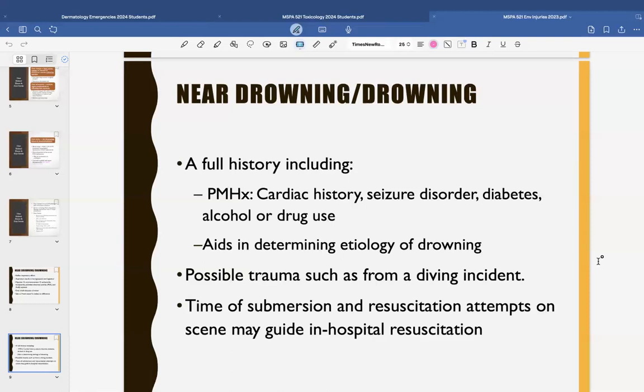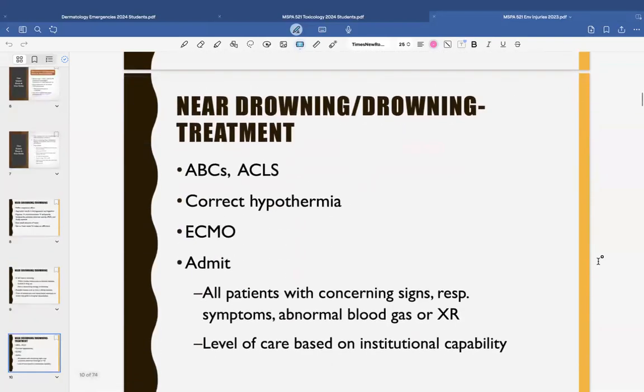So who gets admitted? This is a kid who coughed up a little water when he was dunked by his sibling. Is that going to need to be admitted? You want to know, first of all, are there any abnormal signs in your patient, an abnormal blood gas, or anything on the chest X-ray? And then whether you keep them at your hospital depends on what your